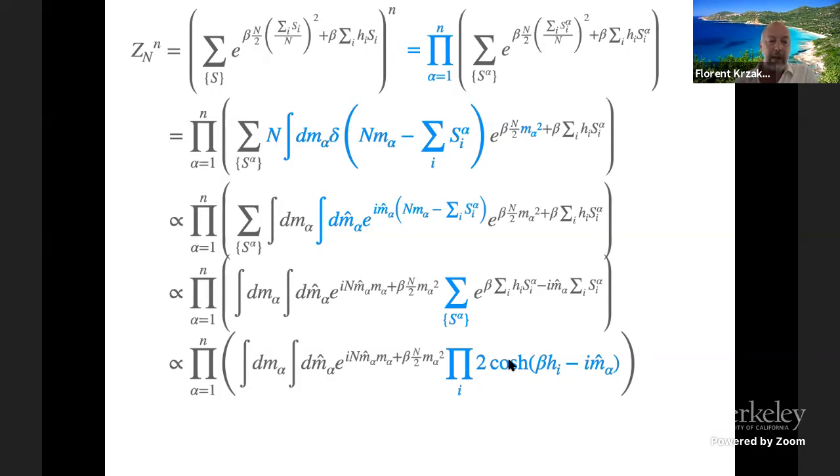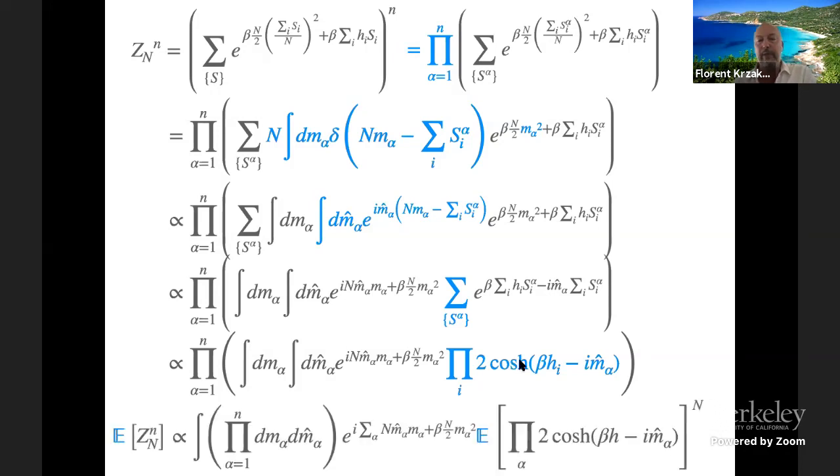All right, now we did the hard part. It's time to take averages. So now we take the expectation with respect to H. Now, H, the disorder, is not appearing here at all. And so you can push your expectation inside here. All right, the expectation is the product over all replicas of this quantity. And once you take the expectation, this product factorizes also. So it gives you this power n here.